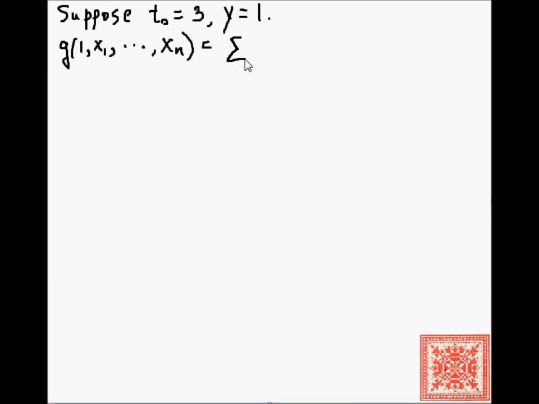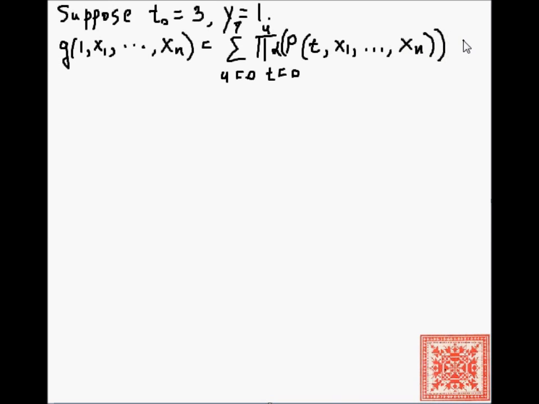Then g of 1, which is the value of y, is equal to the sum of u from 0 to y, which is 1, of products, t equal to 0 to u, of alpha of p t x1 through xn, and that is equal to